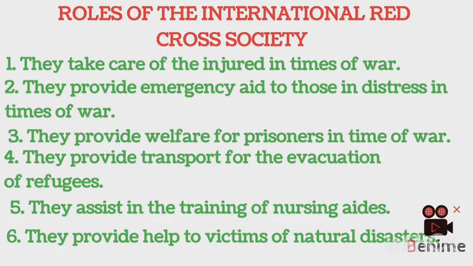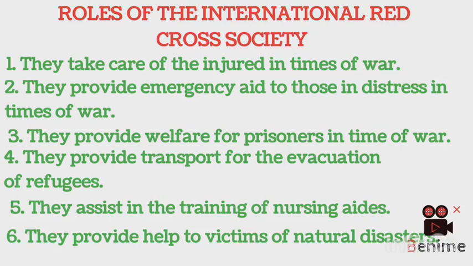Number four, they provide transport for the evacuation of refugees, that are people that find themselves in a bad situation, maybe in a place of war or in a place that has experienced a natural disaster, and they don't have ways to leave that place. They are lagging behind. They don't have how to survive. The Red Cross actually goes there to make sure that they provide transportation for such people that are in such a situation,